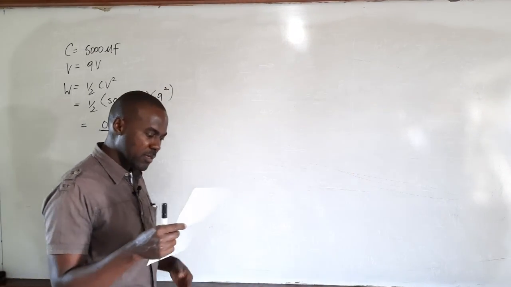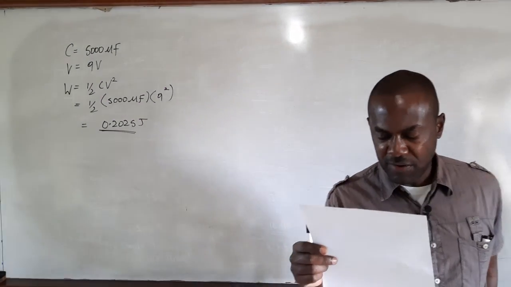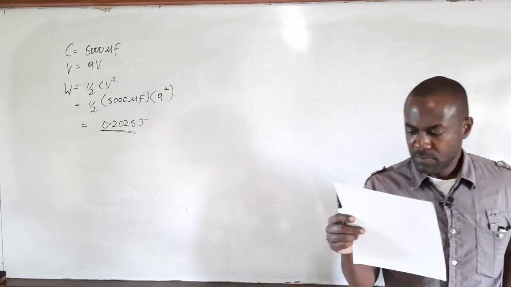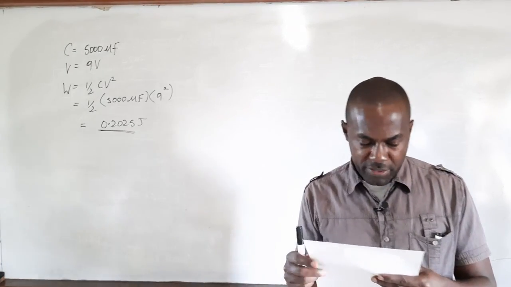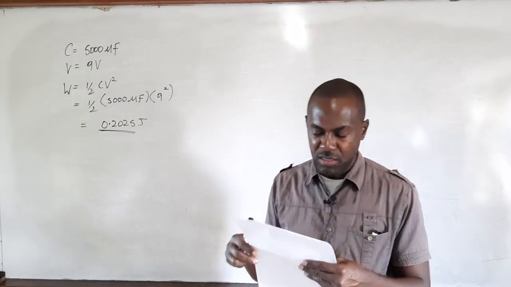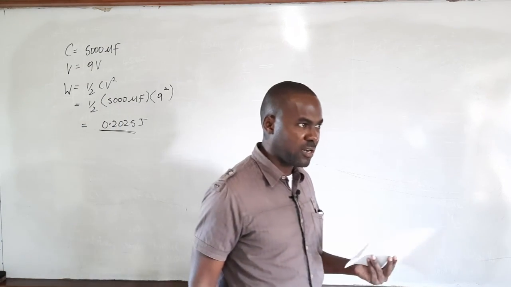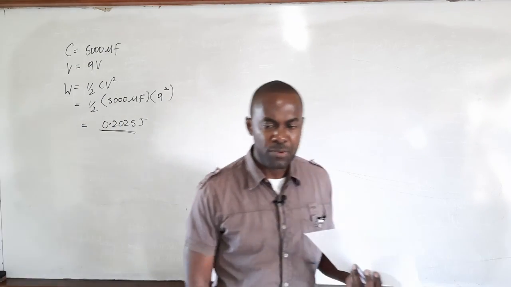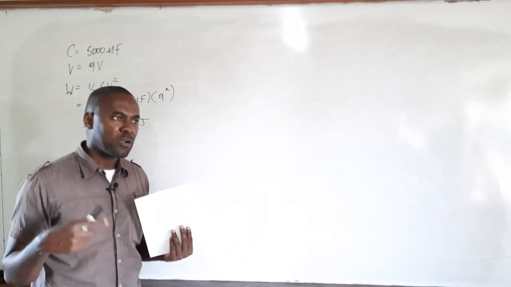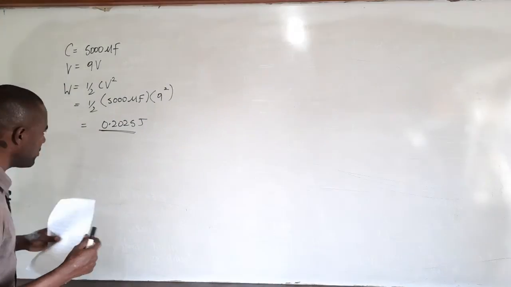Number 5 says, if all the energy stored by a 250 microfarad capacitor charged to a PD of 7500 volts could be used to lift a man of mass 75 kilograms, what would be the greatest vertical height through which he could be raised? Of course, you assume gravitational field strength as 10 newtons per kilogram. So first of all, the capacitor will store a certain amount of electrical energy. And then this electrical energy will be used to raise the man through a particular height, which means that this electrical energy will be converted to gravitational potential energy, right? So we can say that, assuming energy is conserved,